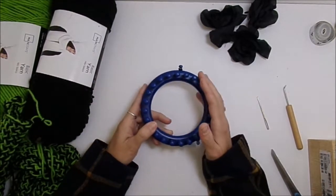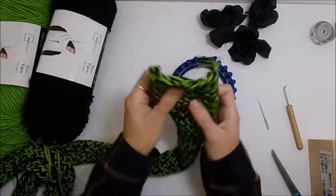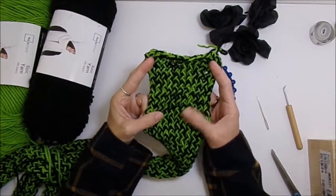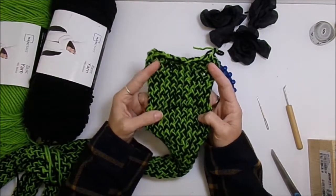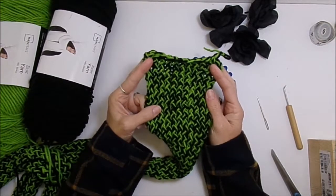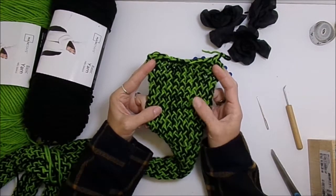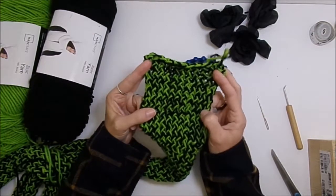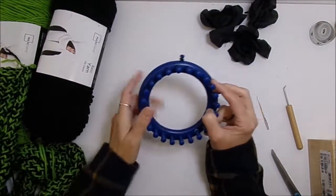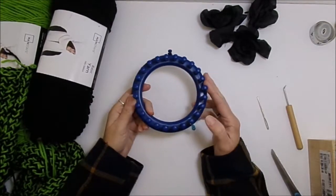I'm going to be holding 2 strands of worsted put together, and this is what it looks like when you do that. It gives it a really nice effect because you have 2 different colors. You could obviously use the same color if you wanted, but the theme for my wreath is black and this kind of acidy green, so that's what I chose to do. So, like I said, any loom that has at least 15 pegs on it,